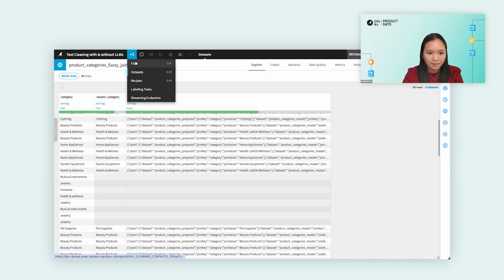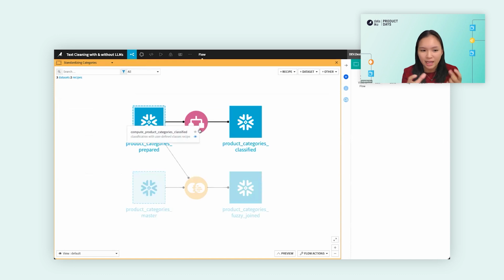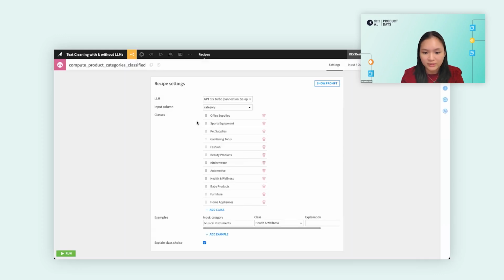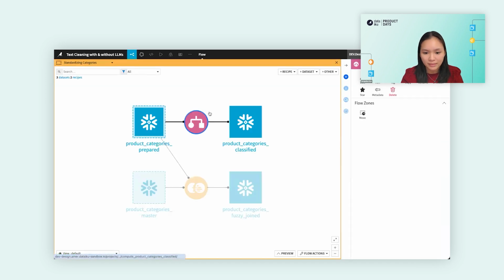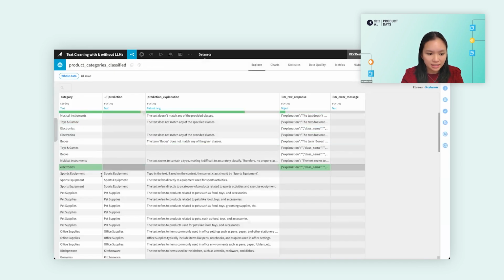So I wanted to try running this with an LLM, right? An LLM is able to capture the context and group words that it understands as similar. So over here, we can use that same exact recipe to indicate the classes that I want to categorize my input list into. And then in my output data set, I can actually see that